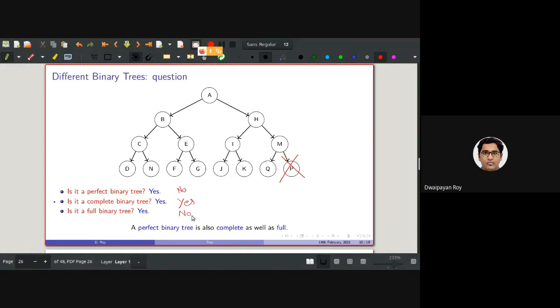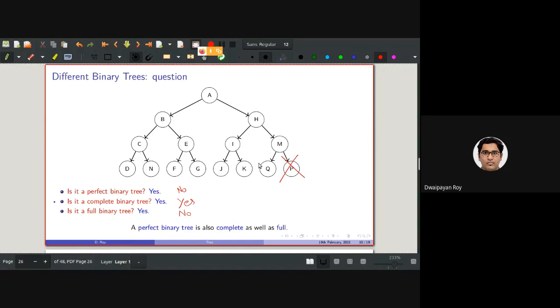Please don't confuse between full and complete. Please refer to your notes. It is a complete binary tree because it's filled from left to right, and it is not a full binary tree because this node has one child. The criteria is either 0 children or 2 children.